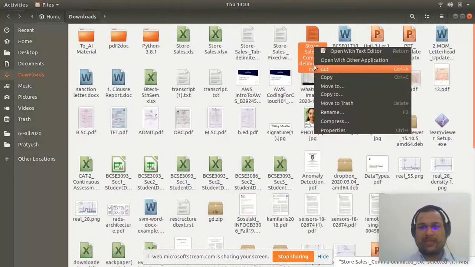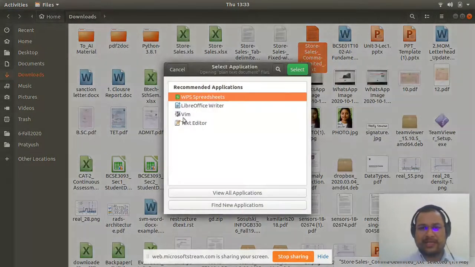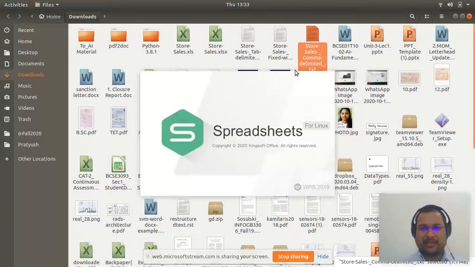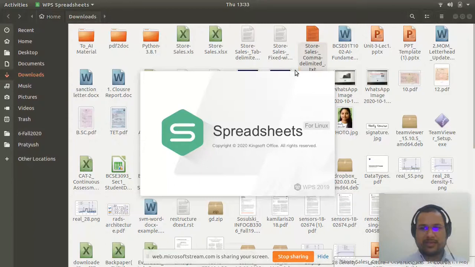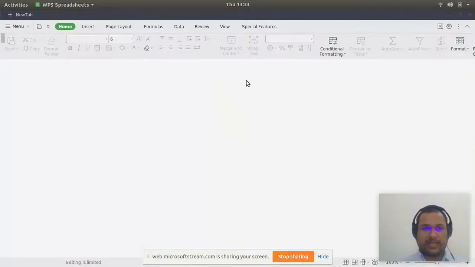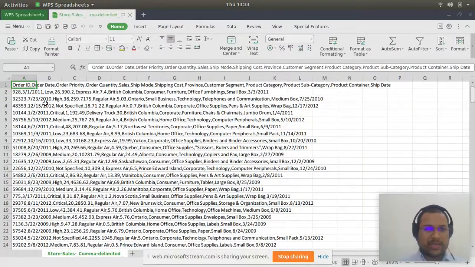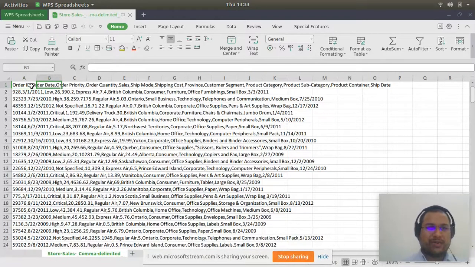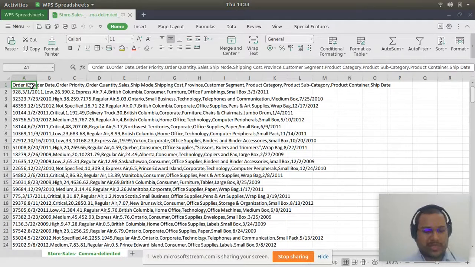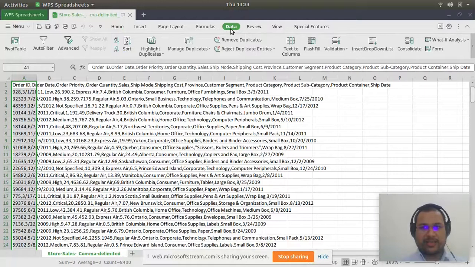Just right click over here, open with other applications, WPS spreadsheet, select. It will open in the spreadsheet. Since this is a text file, it is coming in a single column, so there is no proper data. What you can do is select Control A, then go to data,